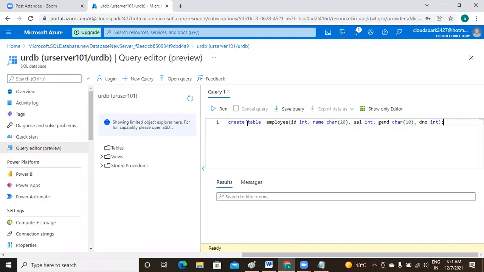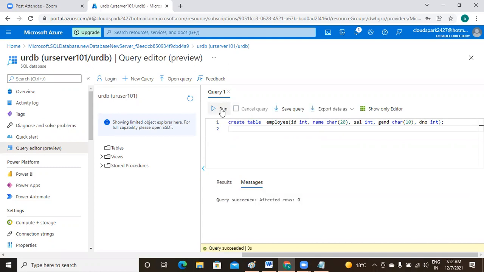Already I have a file in my data lake. In the file, on the same schema and in the same order, I'm creating one table. But here I don't keep any data. Using copy activity, I want to load from the data lake file to this table. Got it? Once the query is given, just click on the run button.